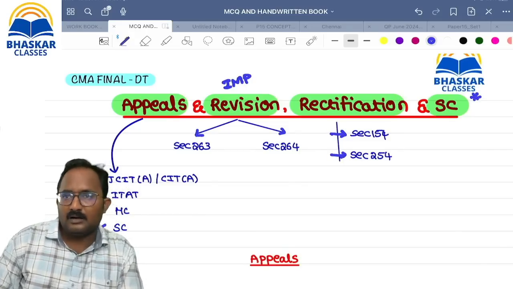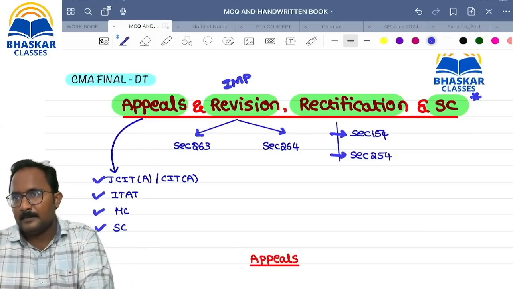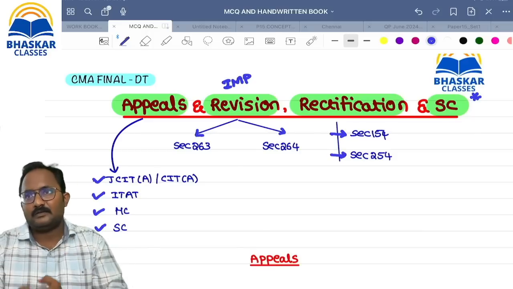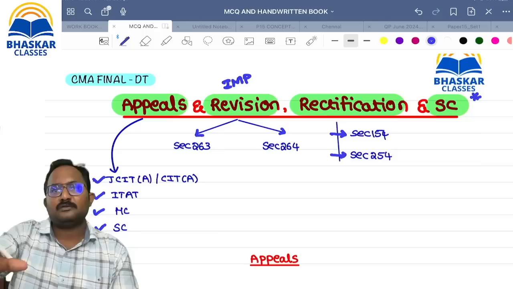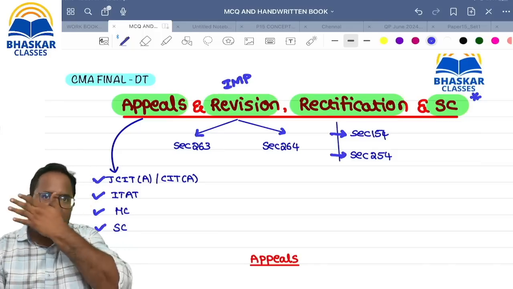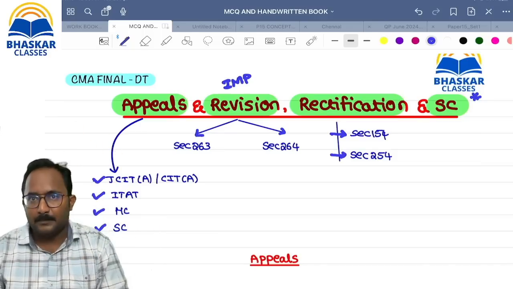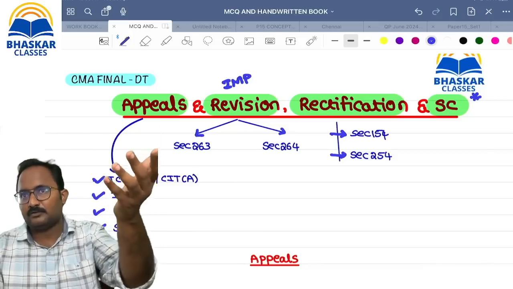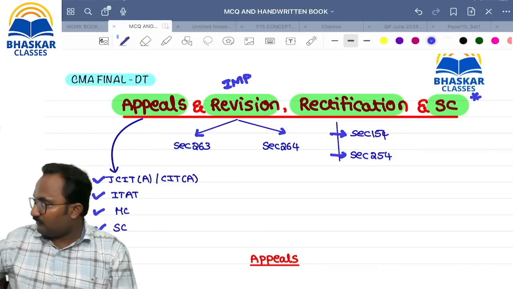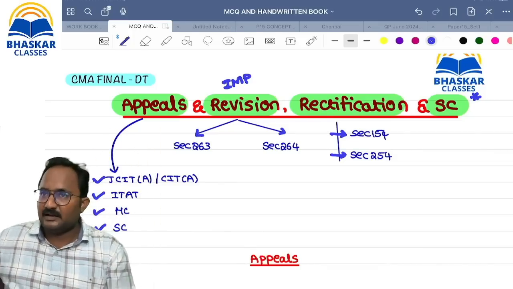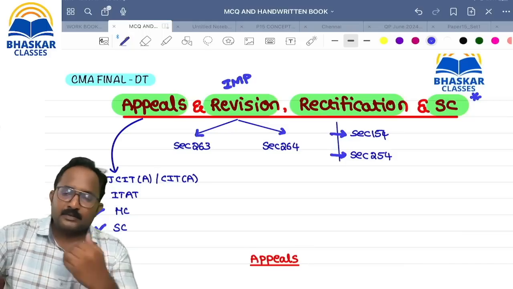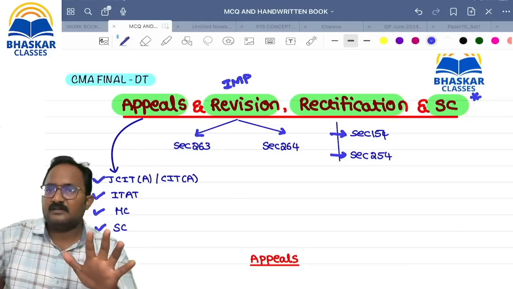Settlement commission is a small concept that is removed from our syllabus, and practically also it is abolished. So only the abolished points we have to discuss. In your 2016 syllabus, settlement commission was an 8 marks weightage chapter. Now that is removed from practicality also. Now no need to discuss it, only from which date it was abolished. So what are the 4 points? Appeals, revision, rectification, settlement commission.